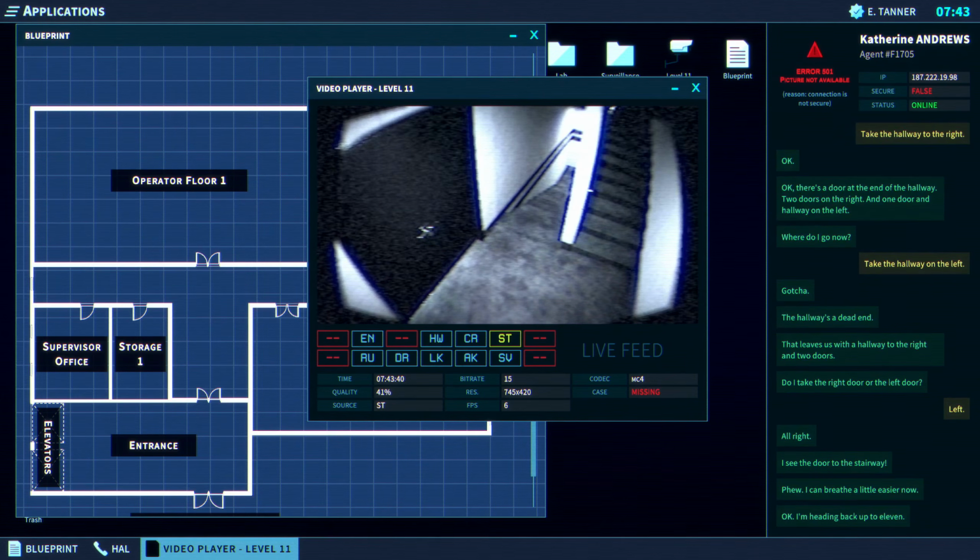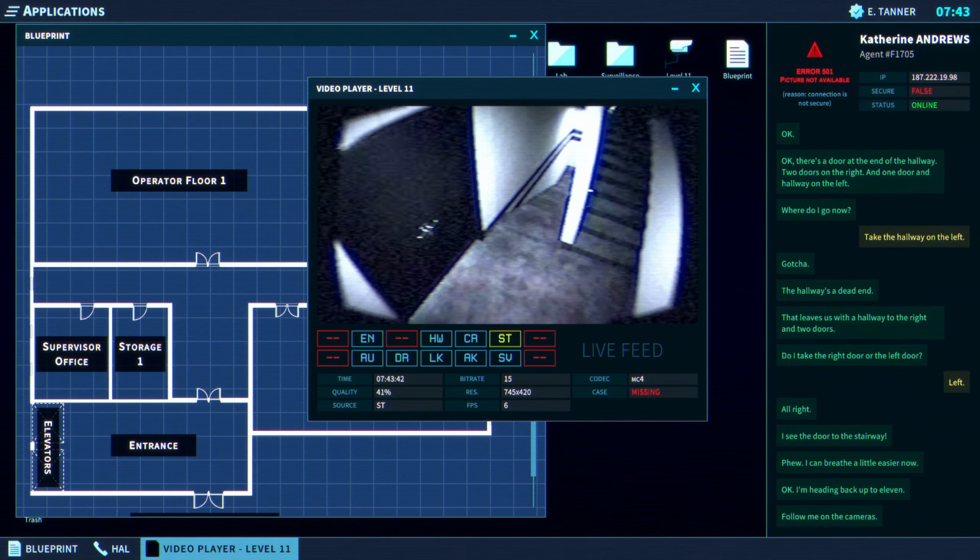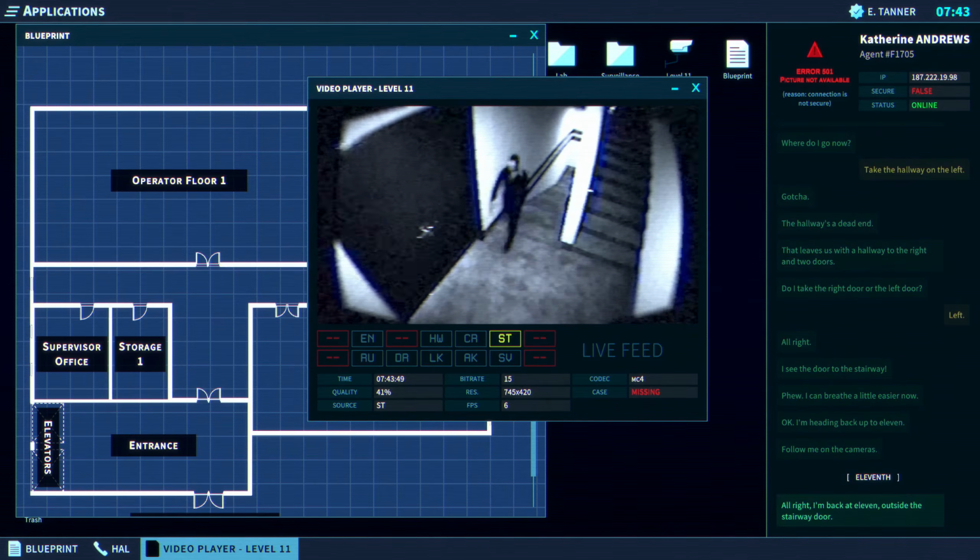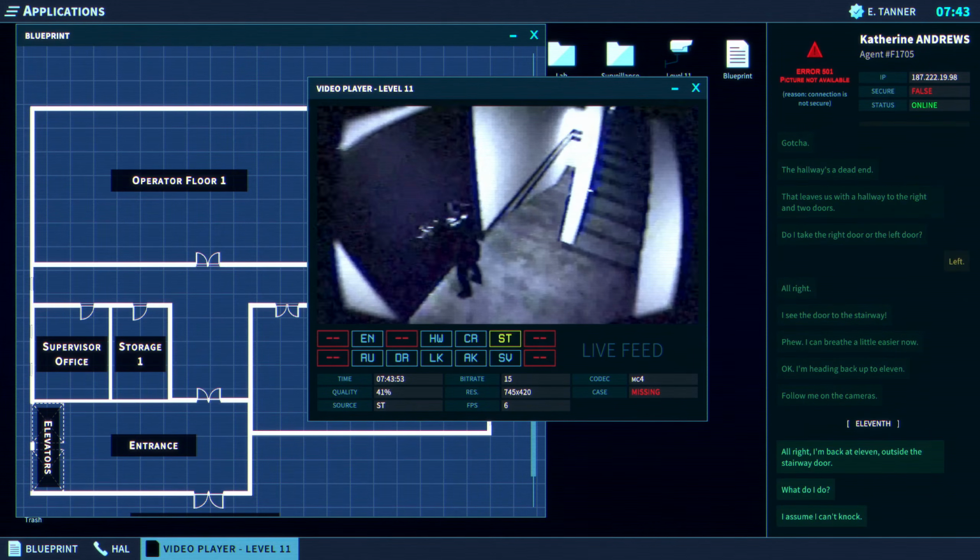Okay, I'm heading back up to 11. Follow me on the cameras. All right, I'm back at 11, outside the stairway door. What do I do? I assume I can't knock.